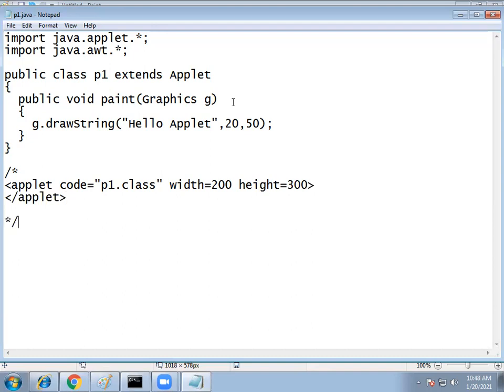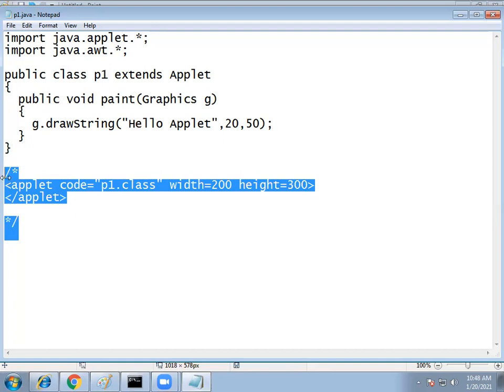Now why are we putting these statements inside the comments? Here slash star and star slash mean comment lines. These are omitted during the compilation process. But when you are executing this applet code, you use applet viewer.